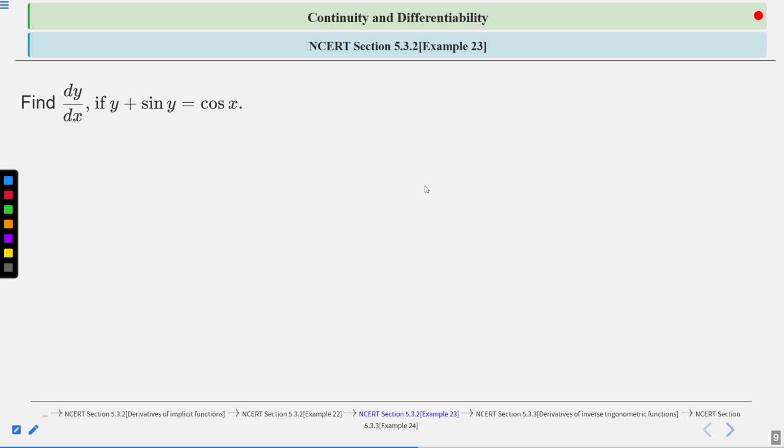So what we do is differentiate the given expression throughout, on the left hand side and the right hand side. After differentiating, we can keep dy by dx terms on one side and the rest of the terms on the other side, and after that we can easily find the value of dy by dx. I'm giving you 30 seconds to solve or think about this question. After that, we will move to the solution part.